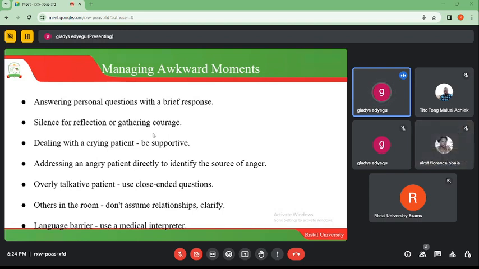So you can be talking to a patient, but the patient may refuse to talk. Then also silence for reflection or gathering courage. You can get a patient and you even get scared of how you're going to handle or approach this patient. So how are you going to do it? That is an awkward moment that you can go through with patients. You can just have a moment of silence and then reflect and gather courage on how you're going to